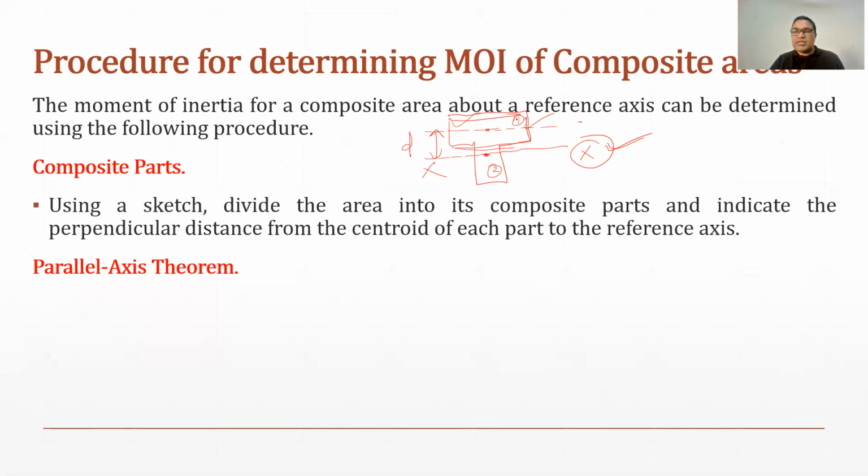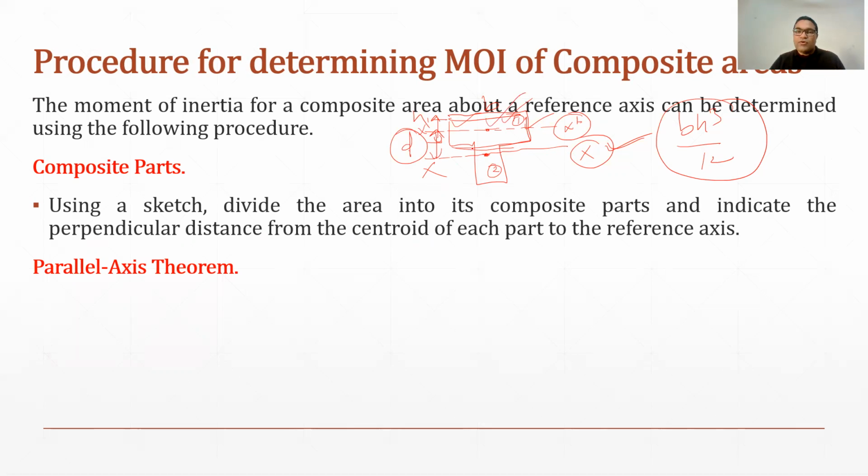As you can see, this is a rectangle, so I'm writing this axis as x''. We already know that the moment of inertia of a rectangle about its centroidal x-axis is bh cube by 12. If I write this as b and this value as h, we can easily find the centroidal moment of inertia. And if we know the distance d and the area of the rectangle, we can easily find the moment of inertia of this rectangle.